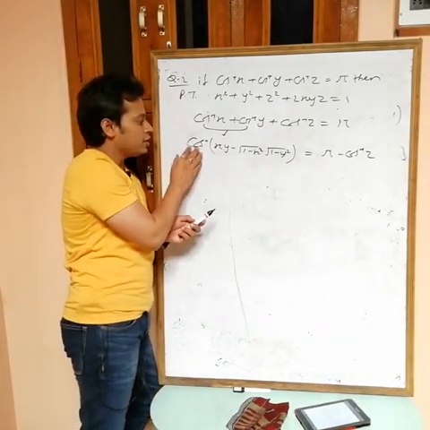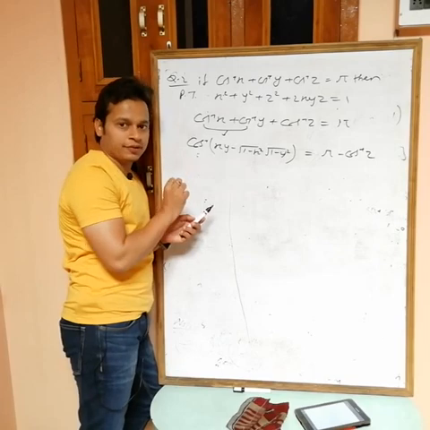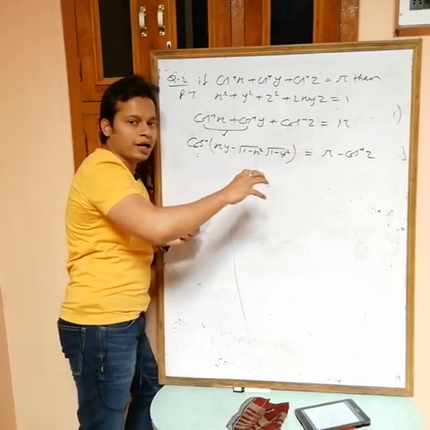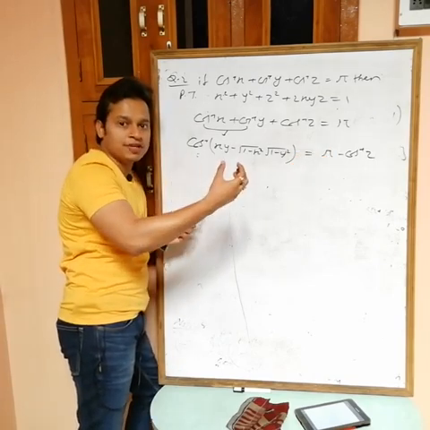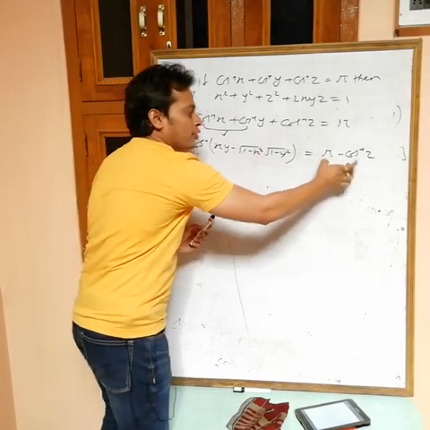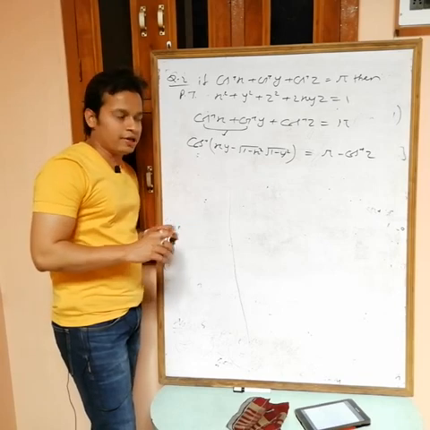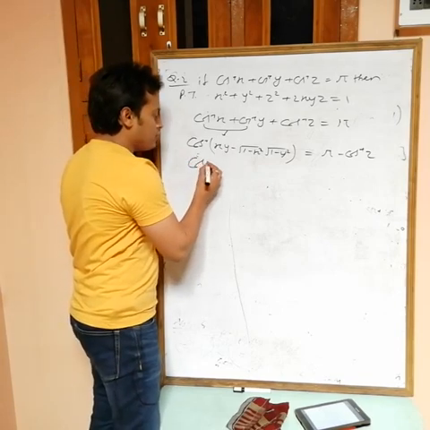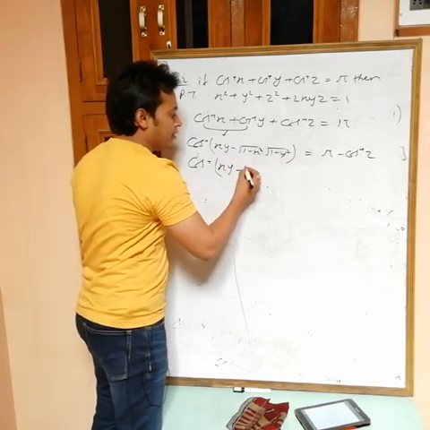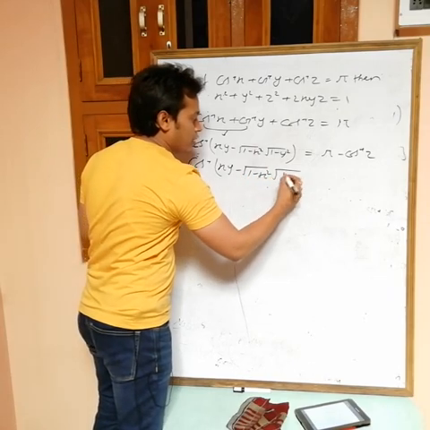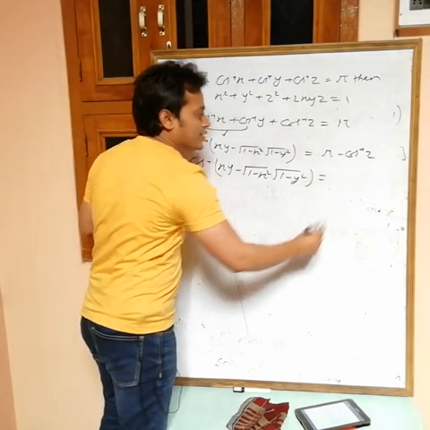So actually this is like cos inverse of something. So if you can convert this one also in terms of cos inverse of something, then I can compare both values. Cos inverse and cos inverse cancel out, like this one. So I am writing cos inverse of xy minus root 1 minus x square root 1 minus y square.